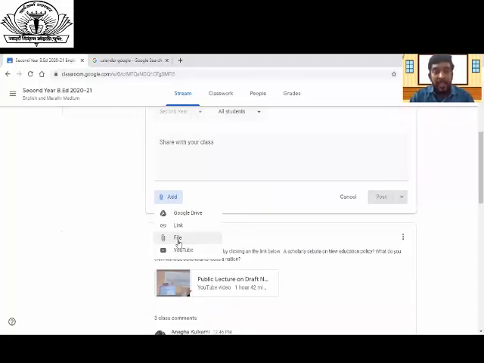Suppose today is the death anniversary of late Lokmanya Tilak and Anna Bhau Sathe. You can make the announcement by publishing their photos over there. This is now the thing of your own creativity, how creatively you will use this announcement section. You can announce as per your liking or creativity, whatever you think good, for your class. This is about the stream.